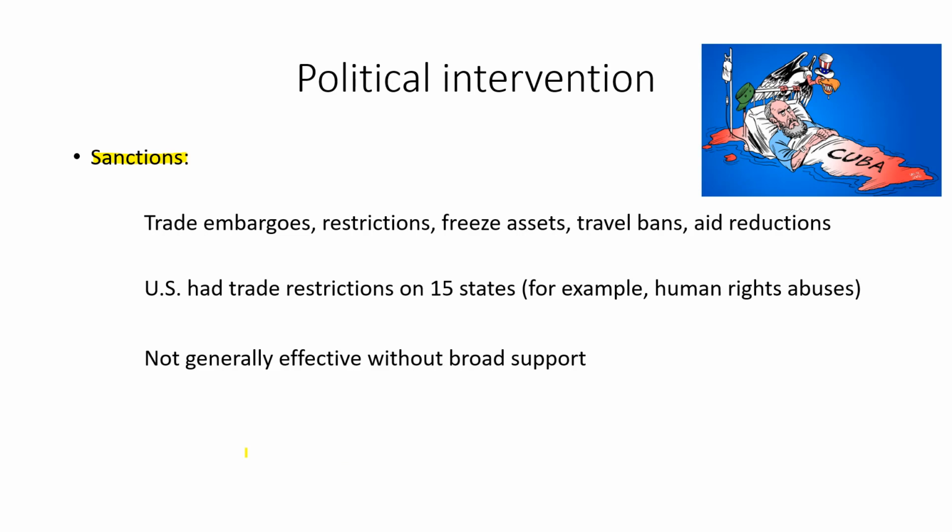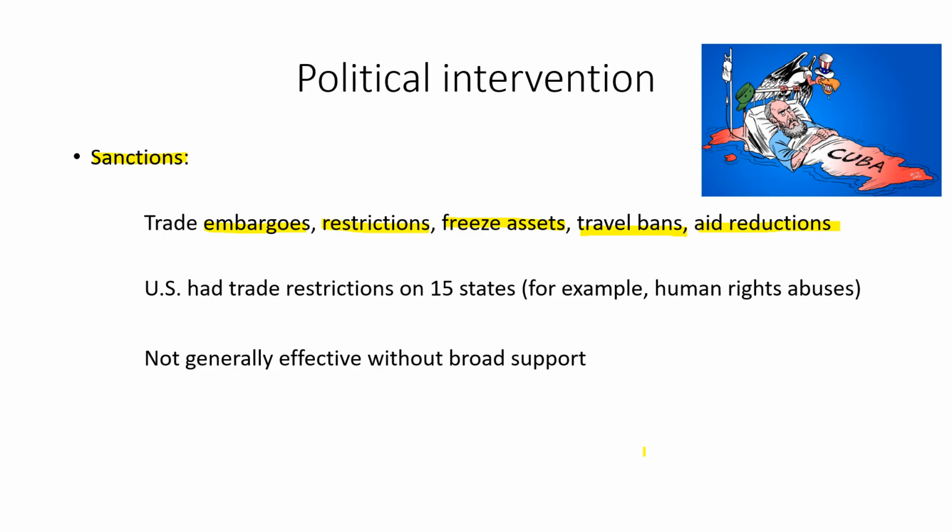These include trade embargoes, where we refuse to buy certain products, restrictions on their trade, freezing their assets so that their wealthy citizens can't get a hold of them, travel bans to and from the country, aid reductions, lots of things that